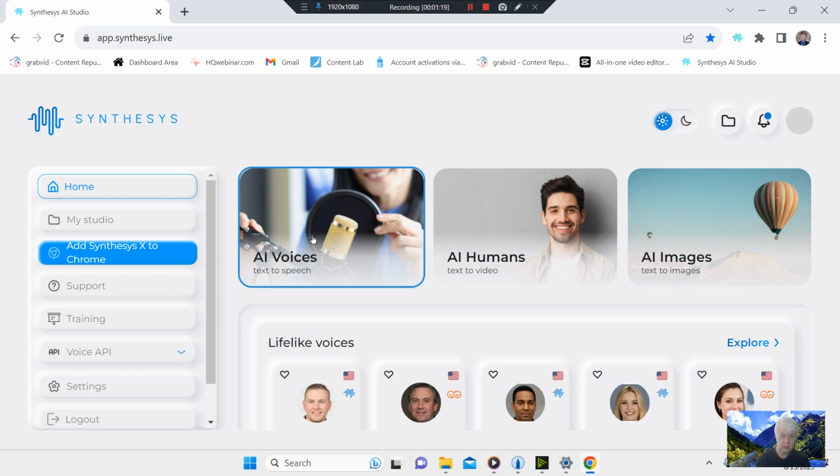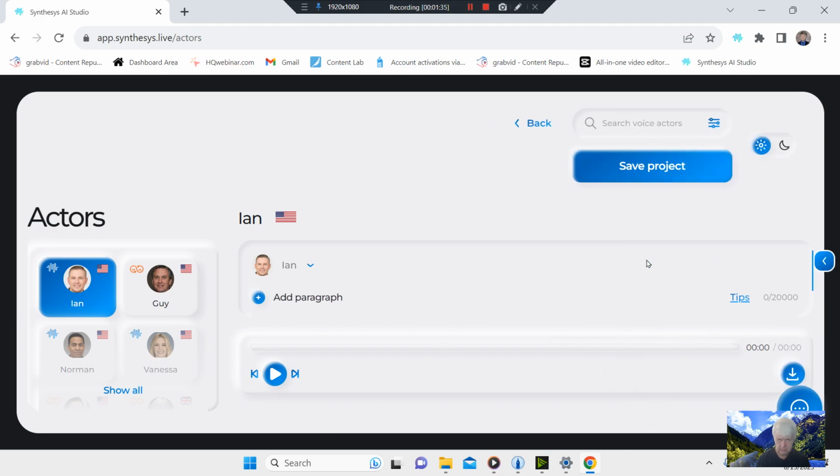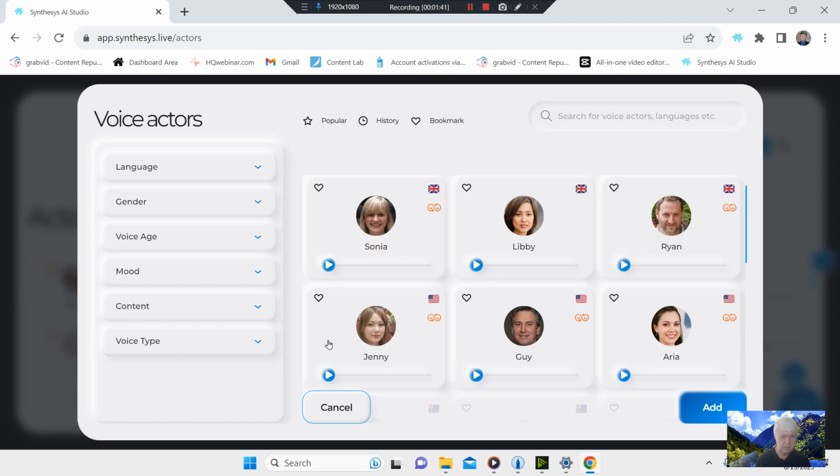So basically, if you're in the AI voices, we'll go and hit explore here, and that will take you into where we can see all the voices. And we're not going to save a project, but I'm trying to see. It'll let me show all. There we go. You actually have a selection when you get in the voices. You can do your voice types. Now, this is the important part: you have premium, and then you have ultra lifelike. And I just love the ultra lifelike. They're so good, but I'll get into that a little more in just a minute.